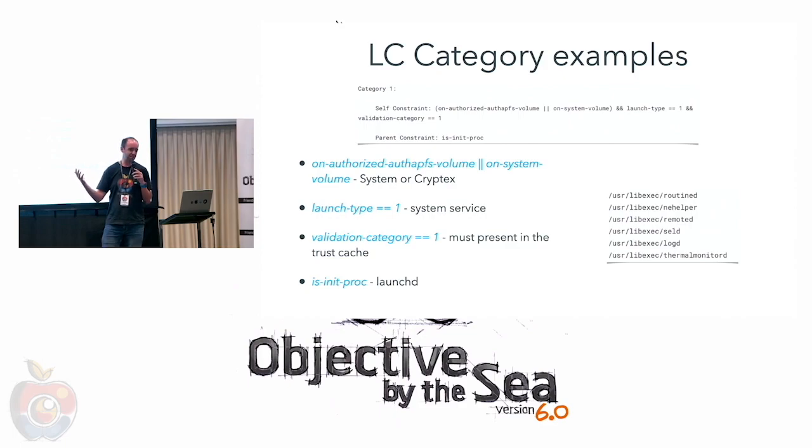Then launch type says that it must be a system service. So it means that it has a corresponding plist somewhere under /System/Library/LaunchDaemons. So it must be started through that definition, basically. And validation category 1 means that it must reside in the trust cache. And we also have a parent constraint, which means is init proc, which is basically launchd. So what this whole category will